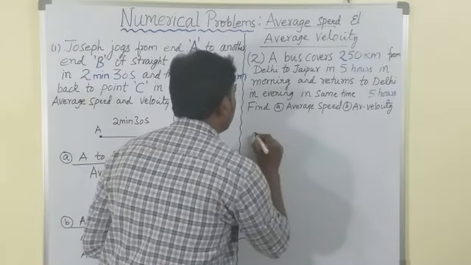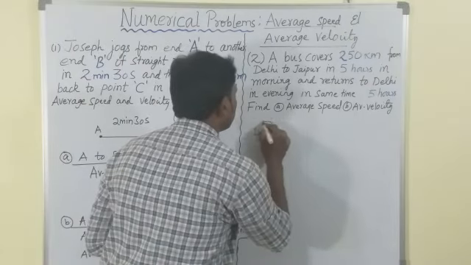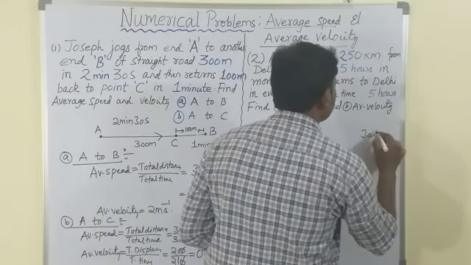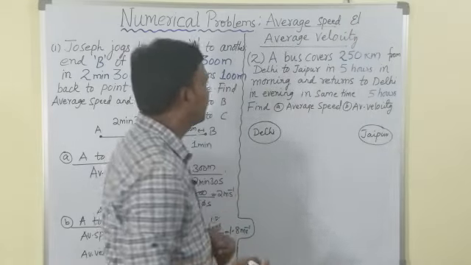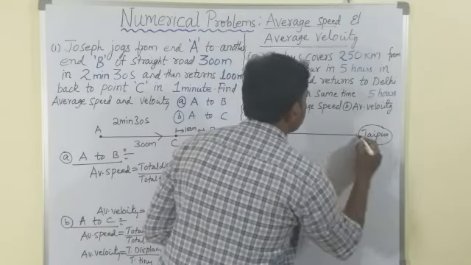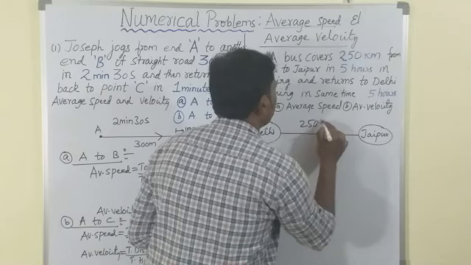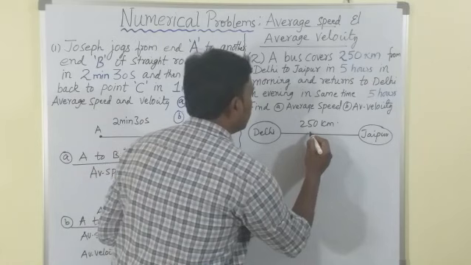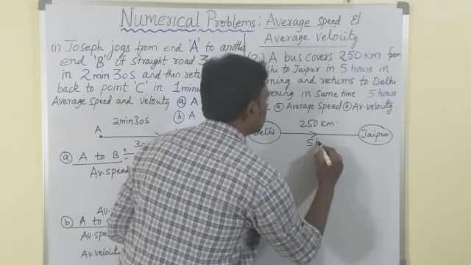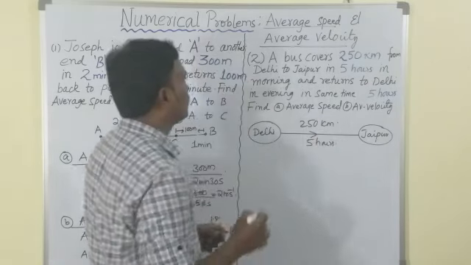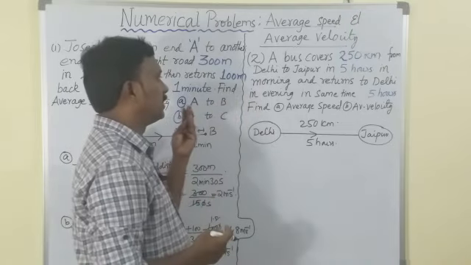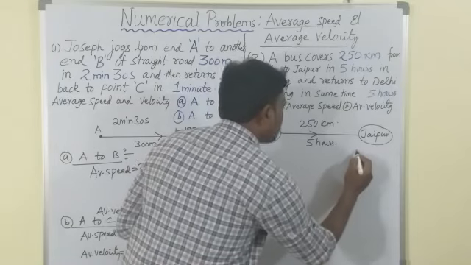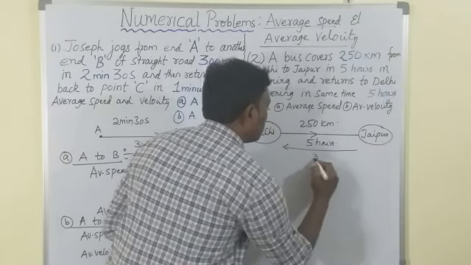Okay, so let me say here is Delhi, and here is Jaipur, very near on the board. It is 250 kilometers. And how much time while going? It is taking 5 hours in the morning, and it returns to Delhi in the evening in the same time. It's going right and again it is coming back in another 5 hours.